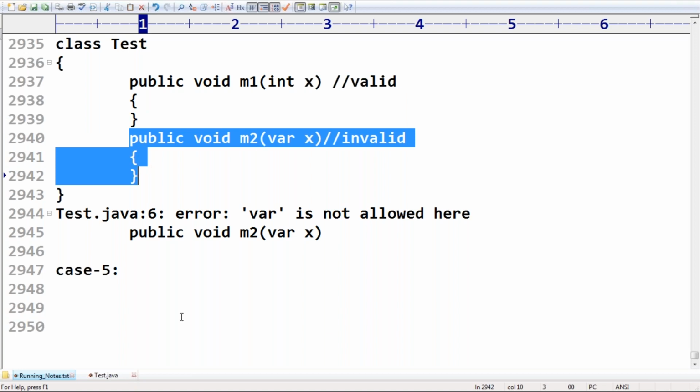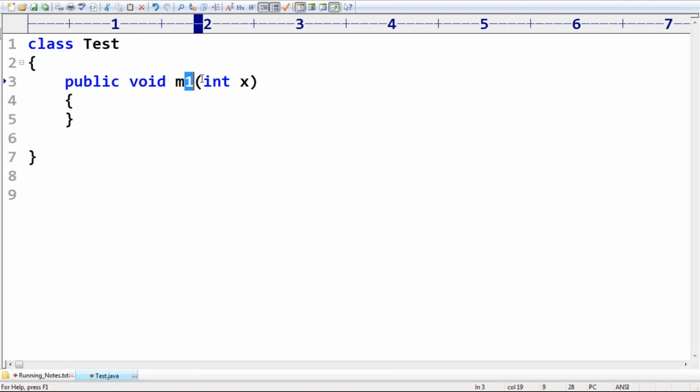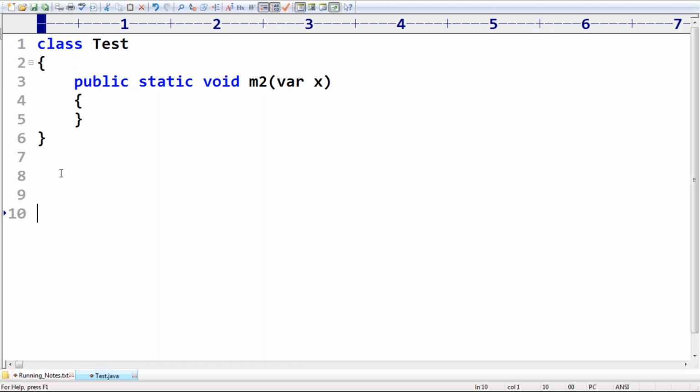Here, this is my method. Okay, this is my method. I have this method m2 with a var type parameter. Can you please tell how you can call this method at runtime? Please confirm. Assume that it's a static method. How can you call this method at runtime? Swarup, you can call this method by passing, assume that you are calling by passing 10. Can I call like this? Yes, you didn't specify the type. Yes, it is also acceptable. If I call like this one, yes, acceptable.